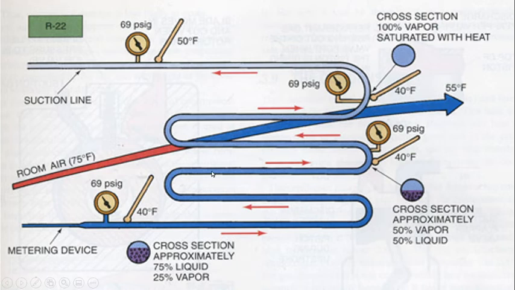This is accepting more and more heat, until it gets out of that latent heat stage, where it's changing from a liquid to a vapor or a gas. It stays at 69 psi, and it keeps running through and accepting more heat out of the air. That's why latent heat is so important, because it absorbs like 150 times more heat than